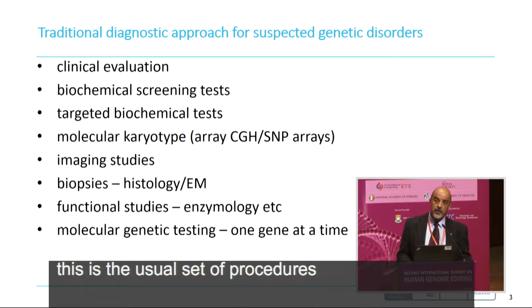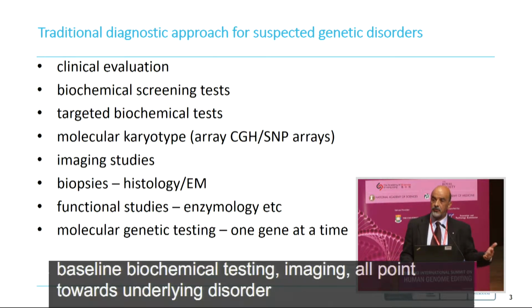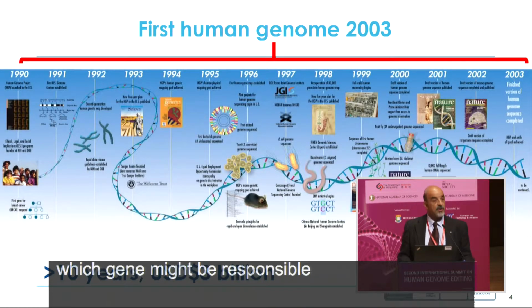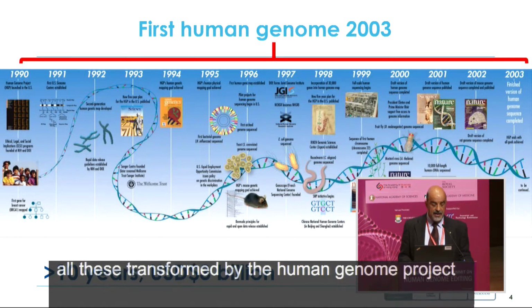And so the traditional approach was a single gene-by-gene approach to sequencing, which, as you might imagine, is a prolonged, expensive and intrusive diagnostic odyssey that patients have been facing. And so all of this was really transformed by the Human Genome Project, which was a greater than 10-year project that led to the sequencing or delivery of the first draft human genome in 2003 at a cost of about